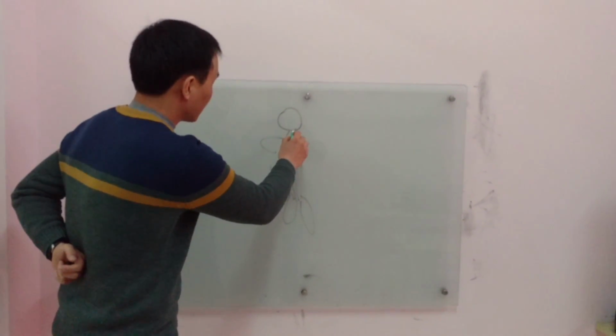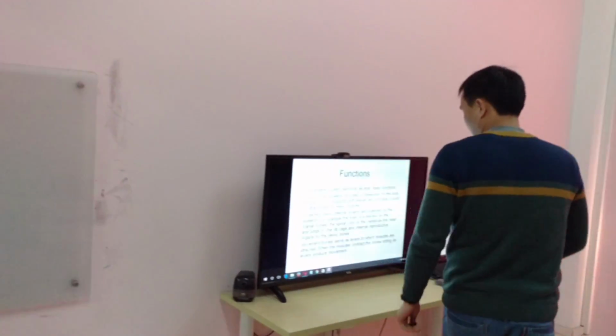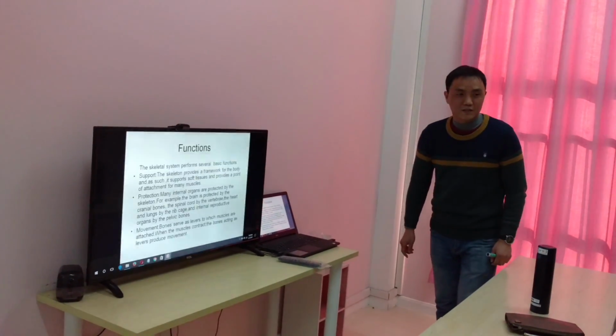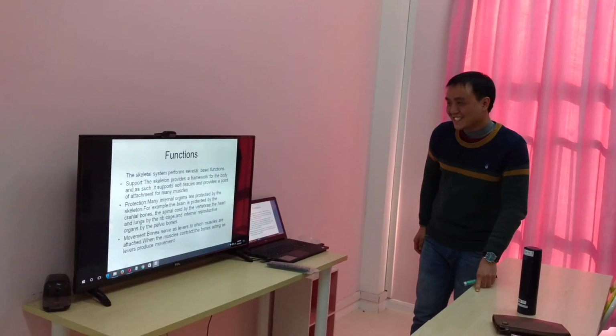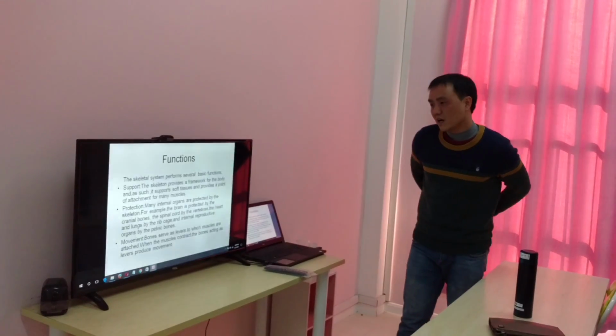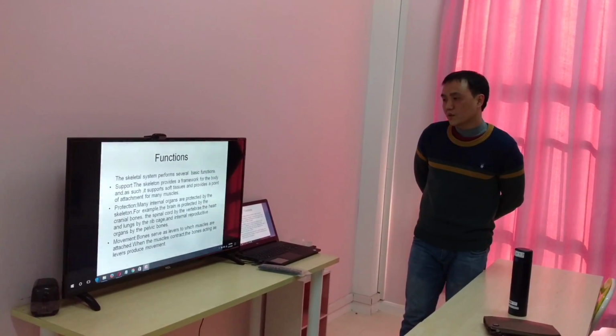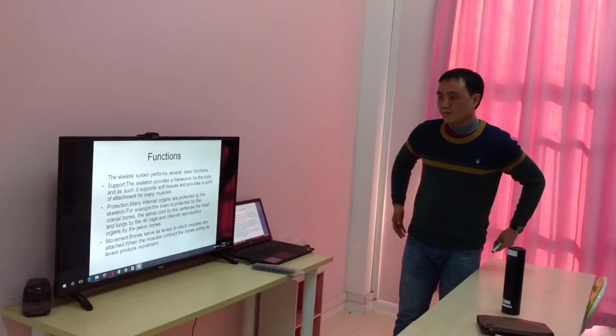This is the spinal cord, protected by the vertebra, the heart and the lungs by the rib cage, and the internal reproductive organs by the pelvic